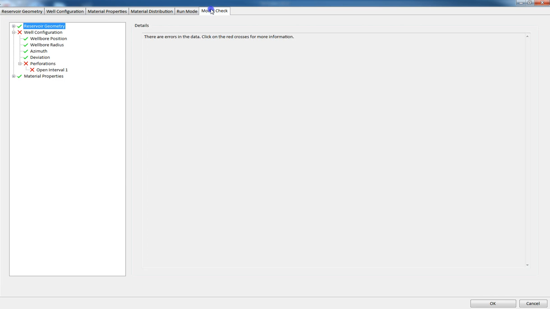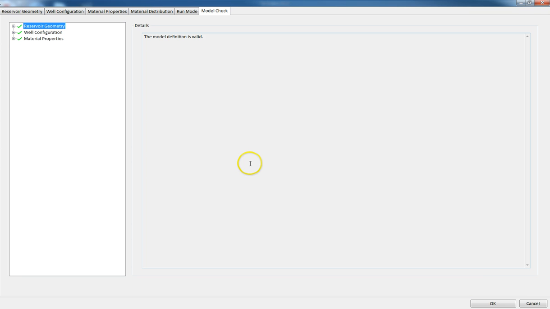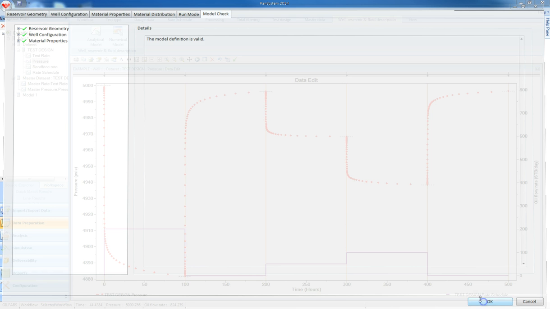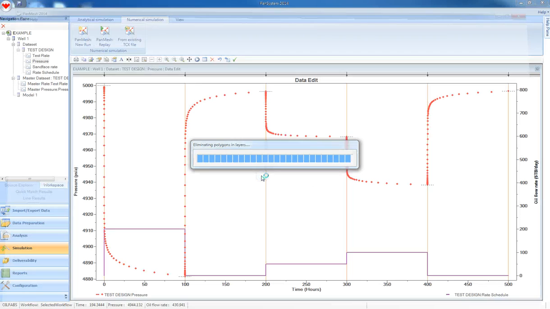I'll check my model as normal. I see that I haven't defined any wellbore information, as in the perforation lengths, so I will make it partially completed, 50 feet. I click on check model and I click on OK. Simulation, numerical simulation, PanMesh, new run,